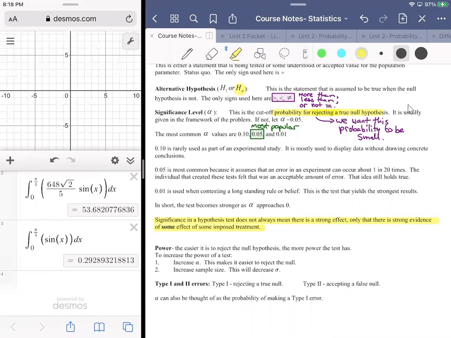All right. We also have things like type 1 and type 2 errors. Type 1 is rejecting a true null hypothesis. Type 2 is accepting a false null hypothesis. Both of them are bad. If you reject something that's true, why would you reject something that's true? You wouldn't want to do that. Accept something that's false. If it's false, why would you accept that as being a fact? Right? But the one that's considered more egregious